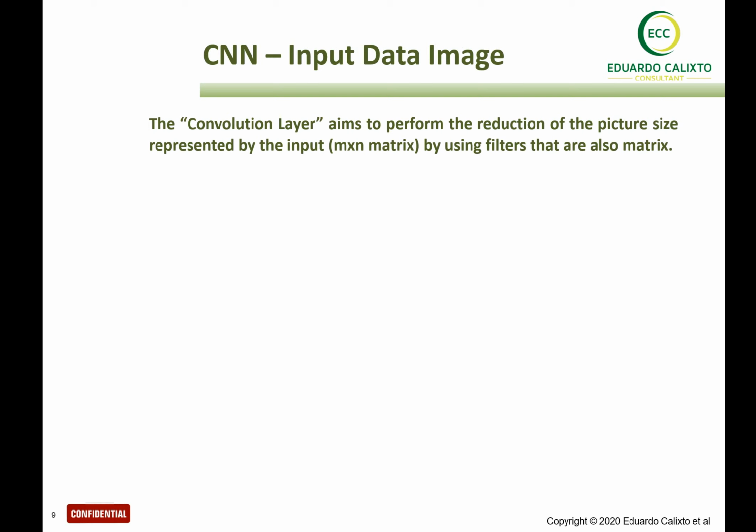So the first step is the input data image, and we need to understand how the computer sees the image. The convolutional layer aims to perform the reduction of the picture size represented by the inputs of a matrix. So each picture is represented by a matrix. And then of course the first layer, that is a convolution layer, uses a filter